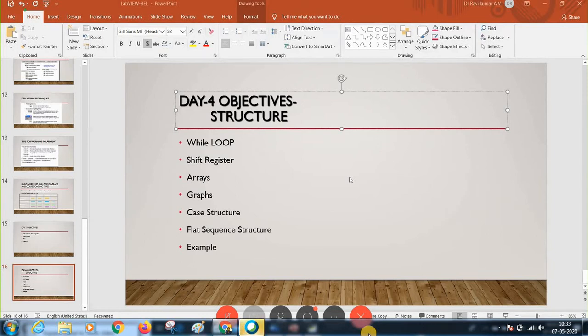And next we'll go with the arrays. We'll do some array programs and then graphs, how to represent or display a graph. And then we'll go with the case structure and some sequence structure examples.